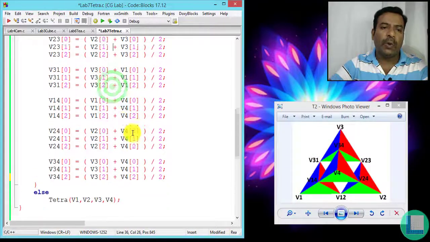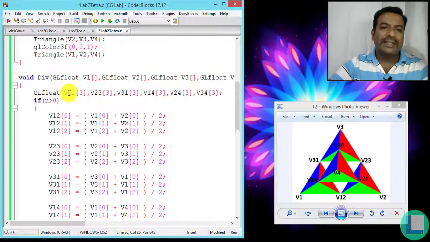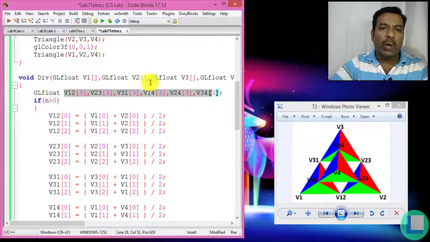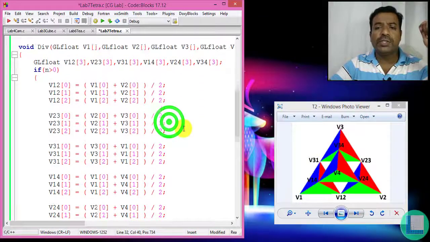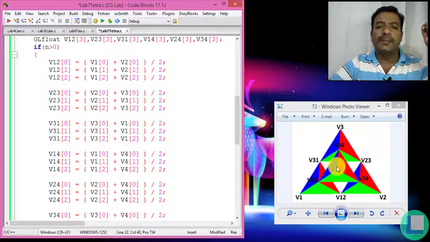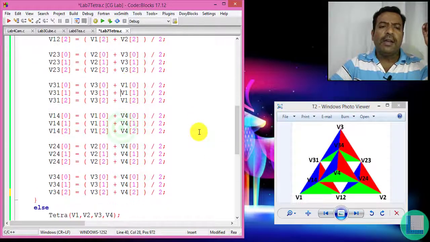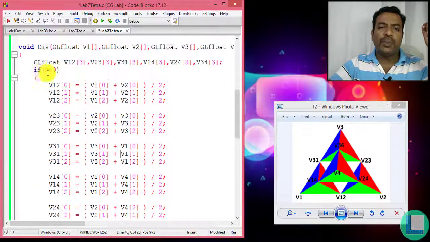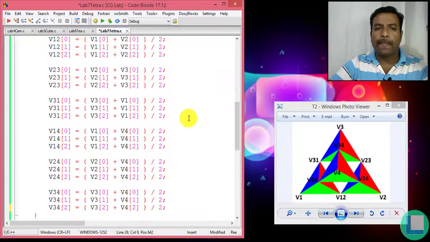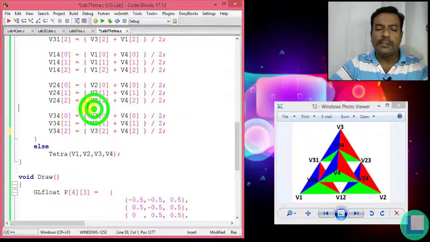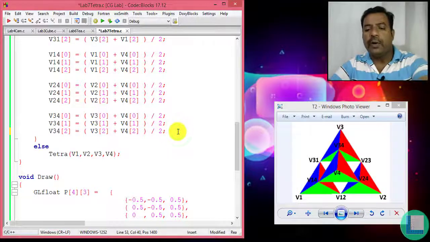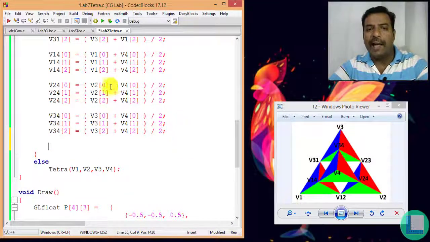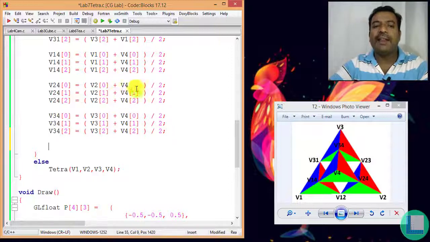Now using this, we're going to display the tetrahedron. When the condition is true for n greater than 0, we are going to be in this block for the true case of the if statement, and once I am in this block, I have divided the tetrahedron and I have got 10 points now.